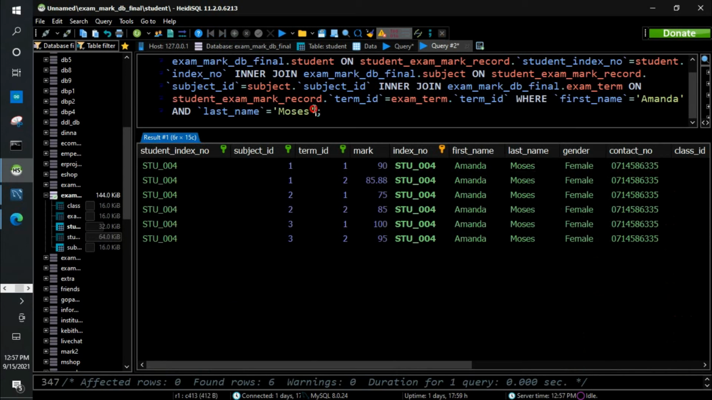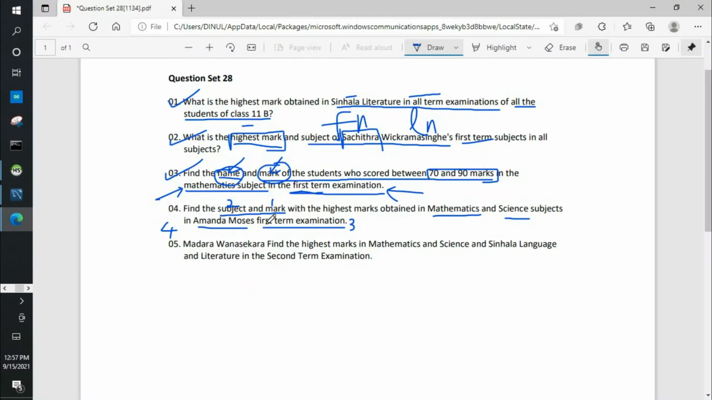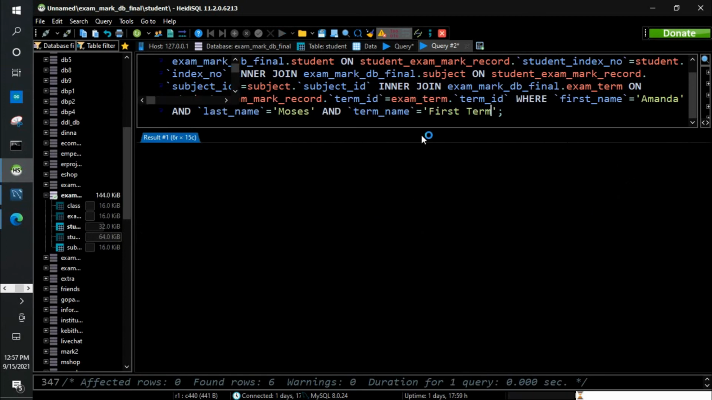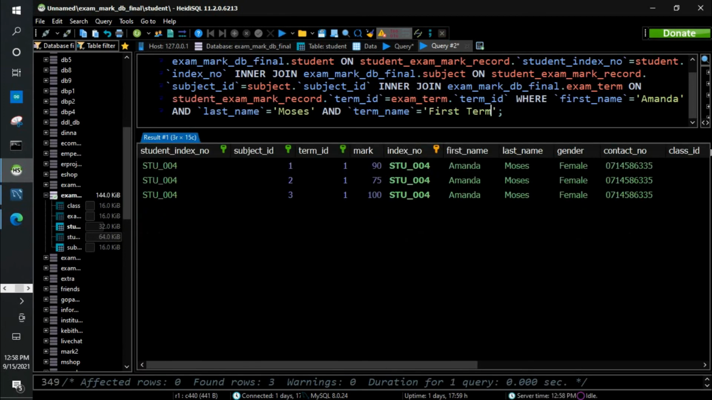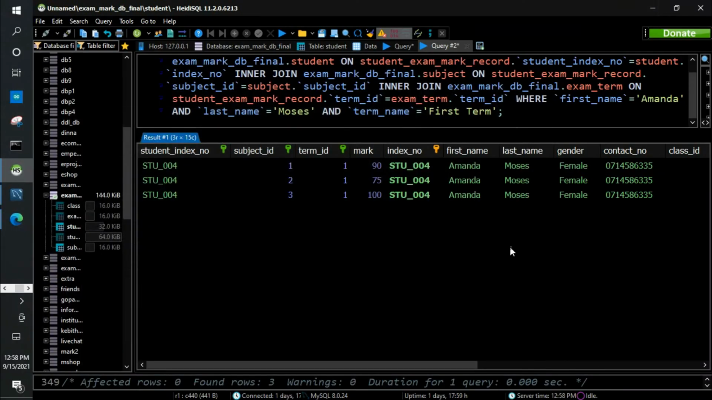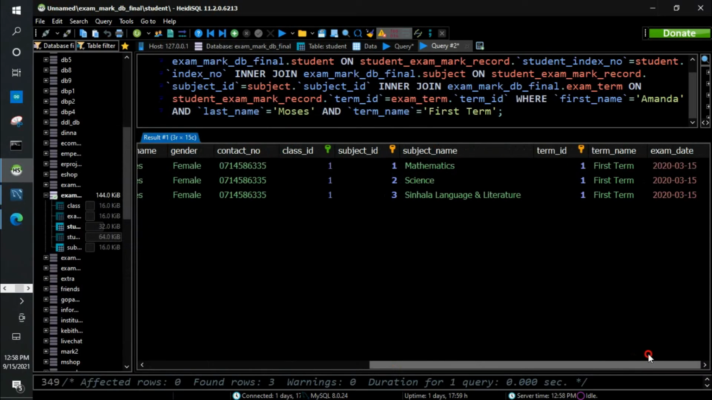Okay. As my next condition, to separate conditions we are using the keyword and. So in the question we have the first term. So the term name should be first term. Okay, now we have all the details only for the first term, and the subject name should be mathematics and science. Okay. Now here we have all the details, that is all the subject details. Now we need only mathematics and science. So and